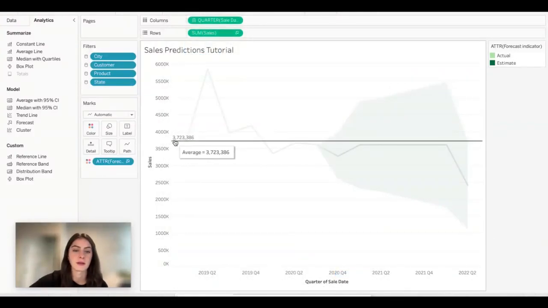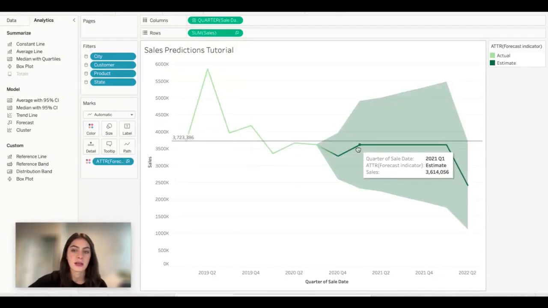Then you can also mess around with the formatting. So if you want this to be in currency, you can go ahead and change that. You can also change the tooltip, the size, the color,